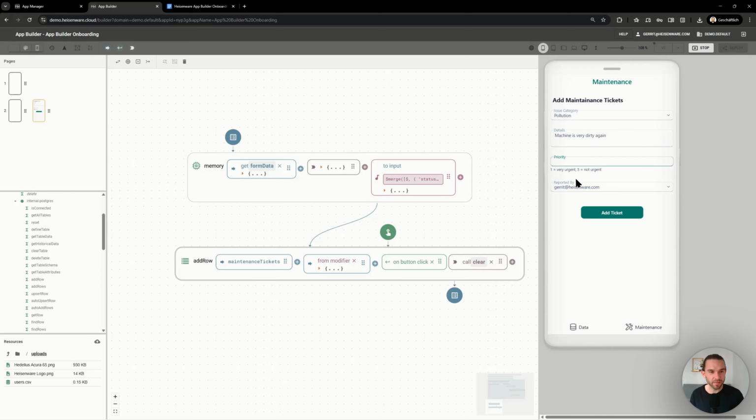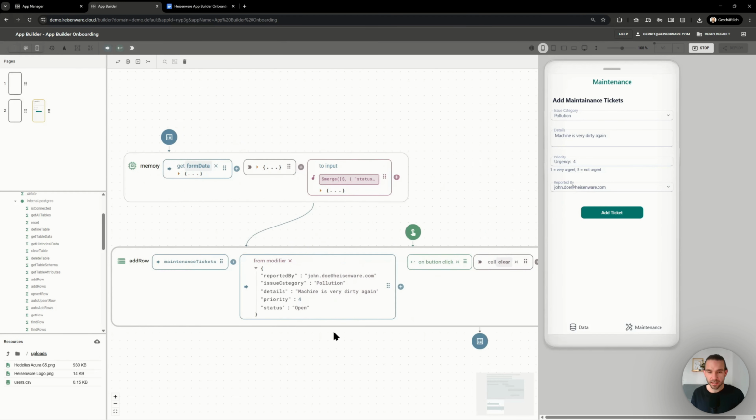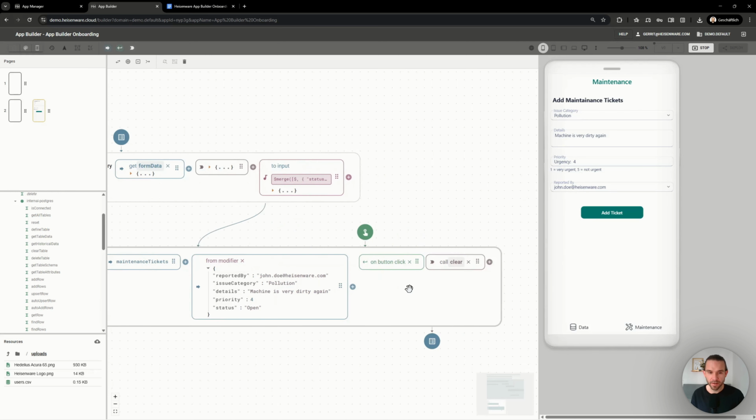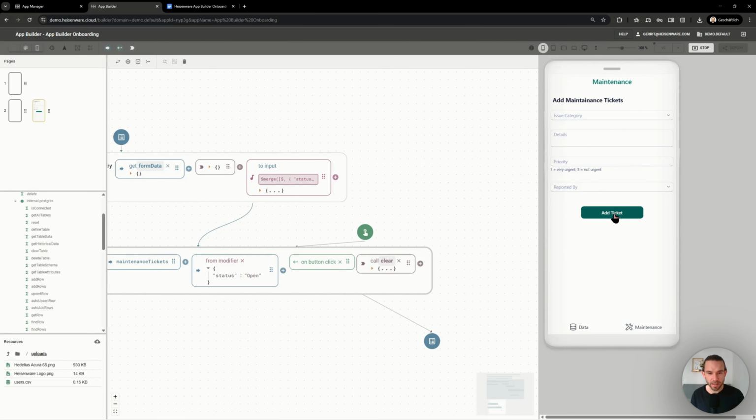Priority, let's make it a 4, it's not so urgent. Reported by, let's say John Doe. And see, here the object is prepared with everything we have entered, plus the status open coming from the modifier here. And now we click the button, and now